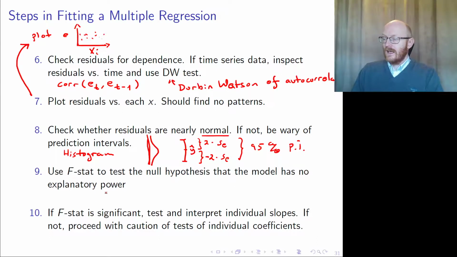And of course you have to use the F-stat to test the null hypothesis that the model